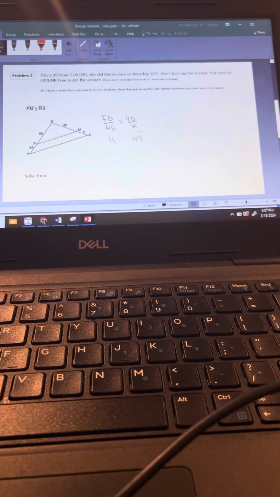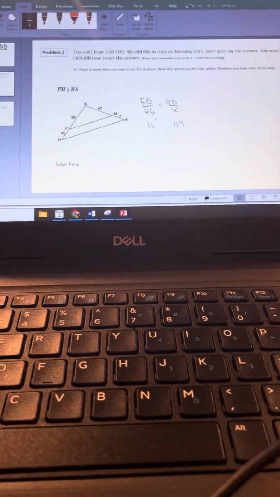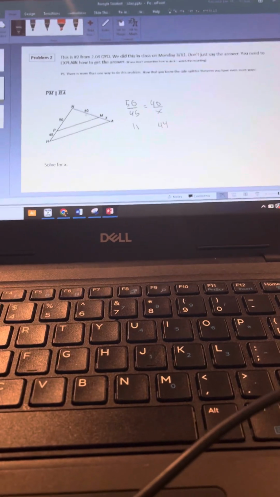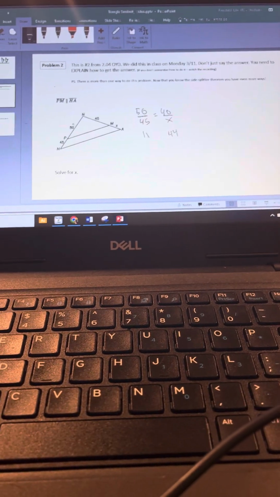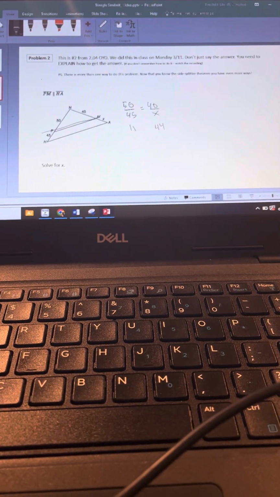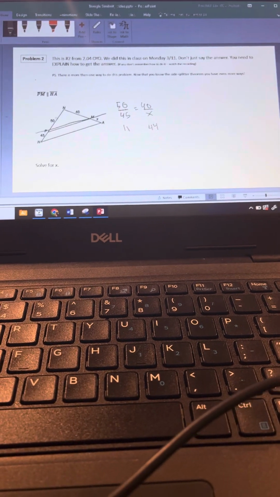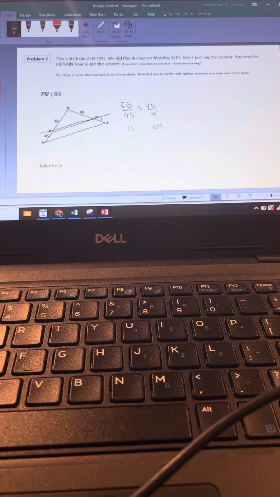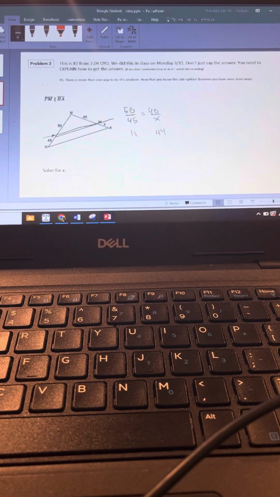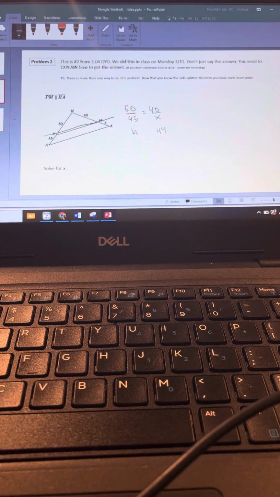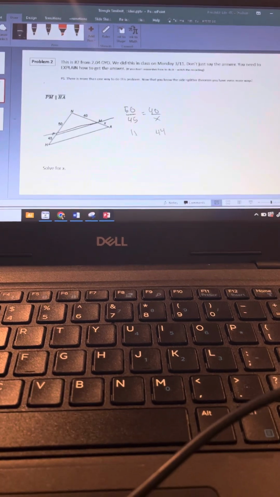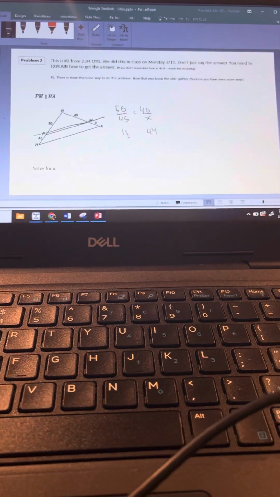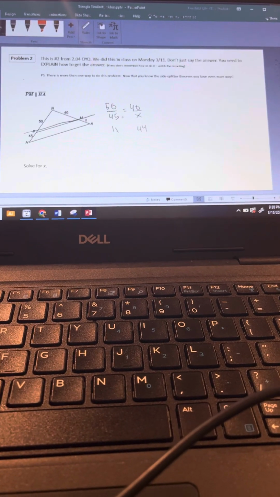For this one, I already wrote down a little bit of the math so that it could help me remember how to explain it. But you have this whole line which divides it, so you would do 50 over 45, and then you would do 40 over x, and those are equal. And 50 over 45, you would do 50 divide 45,